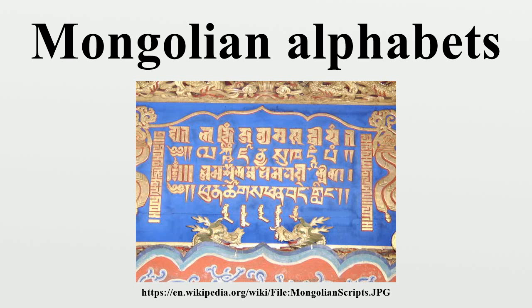Cyrillic script. The most recent Mongolian alphabet is based on the Cyrillic script, more specifically the Russian alphabet plus the letters O and U. It was introduced in the 1940s and has been in use as the official writing system of Mongolia ever since. Foreign scripts.